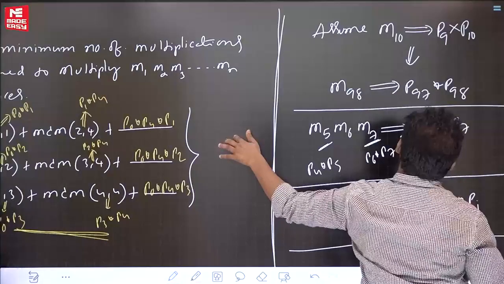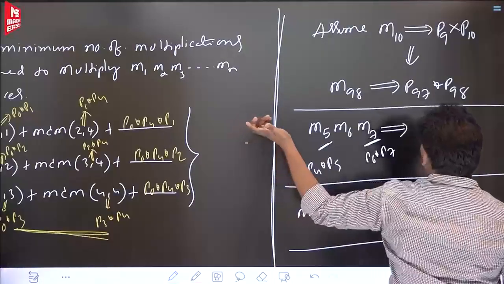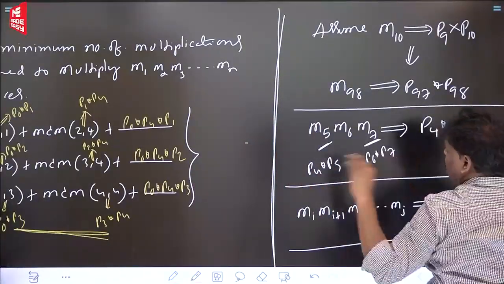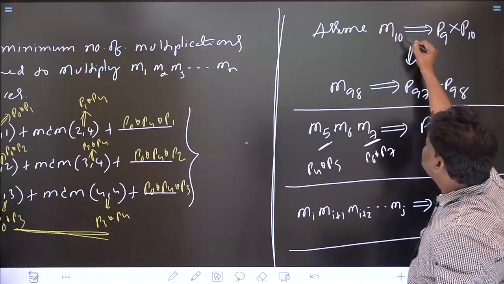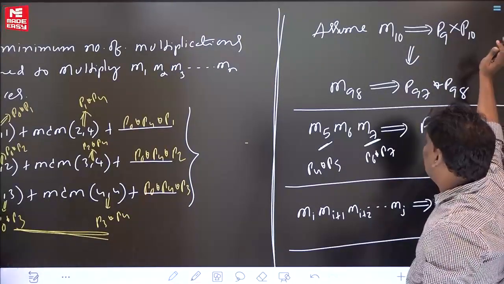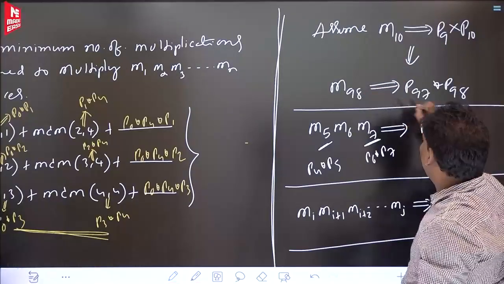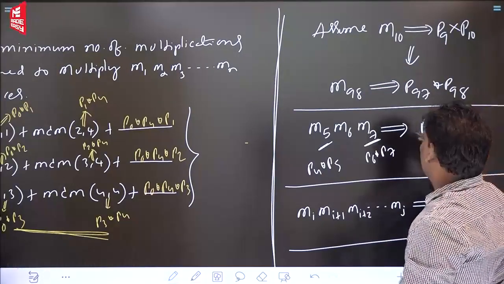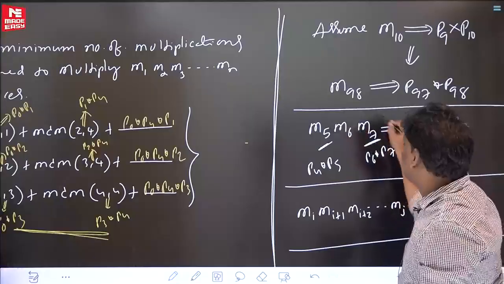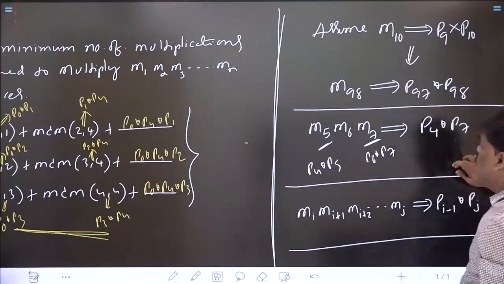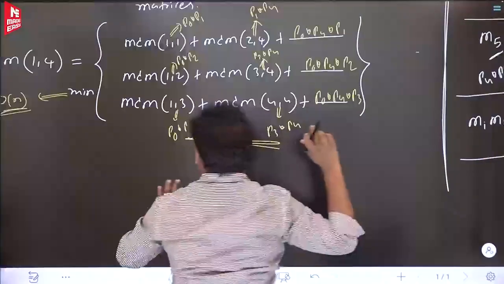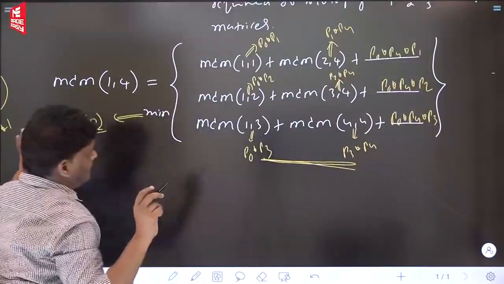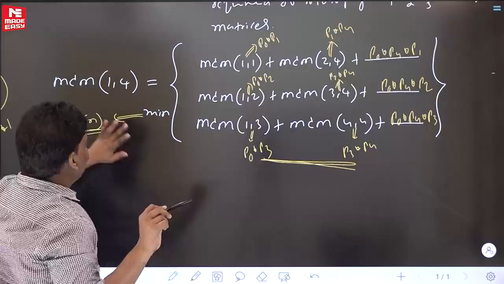Everything is systematic. Whenever it is systematic, you will remember it for many days. If you don't do it systematically, if you do it by-hearted manner, you will forget immediately. So assume matrix M10 contains P9 rows, P10 columns. M98 has P97 rows, P98 columns. What about M5 to M7 matrices? P4 by P7 size will be there. Like that all. Out of n values, finding the minimum takes order of n time. I am thinking that everything is absolutely fine.